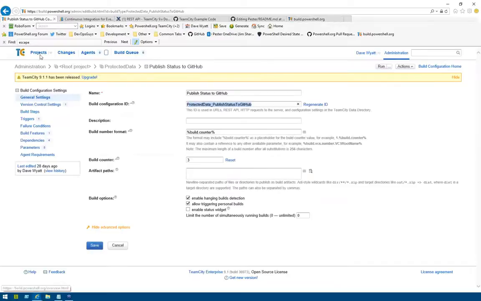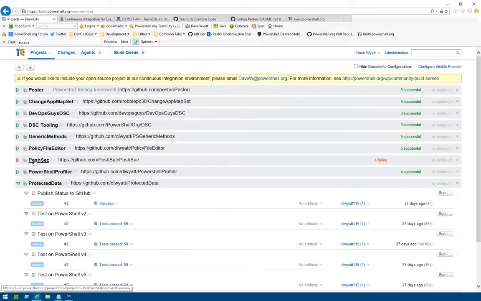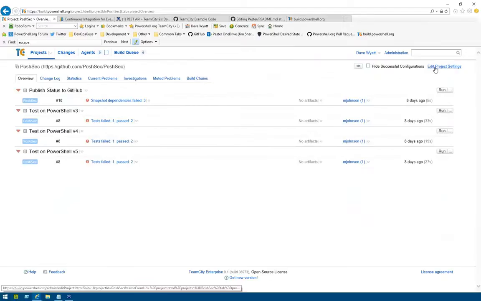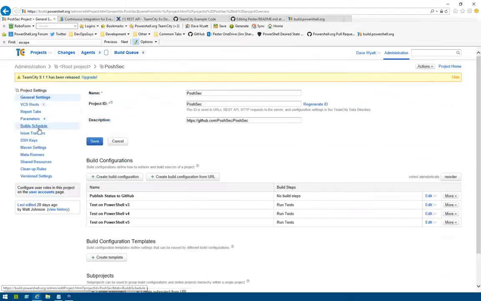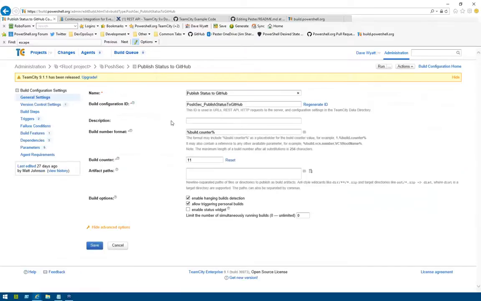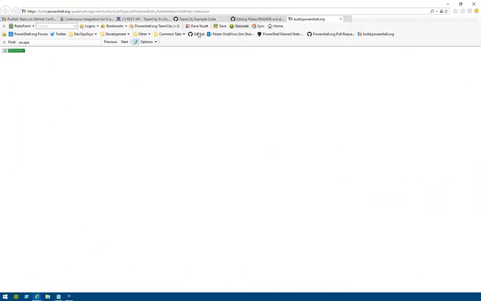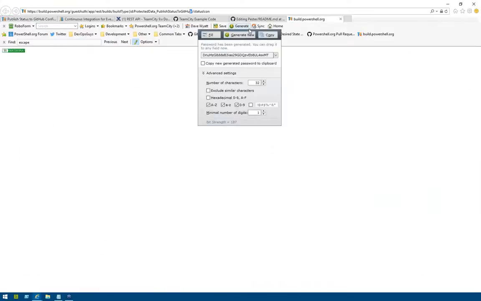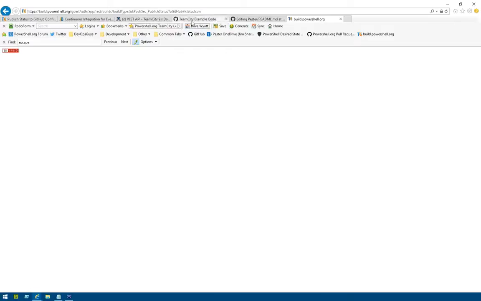I'm going to pick one. I think there's one project that has a failed build right now. Yes, PoshSec. So if I go into PoshSec and I pick this one, PoshSec publish status to GitHub, this will just show that it's actually giving the icon specific to that project. So this one should show up as failed. So very easy to do. You can copy and paste this and just change that one little bit of URL, and you get a nice build status icon on your